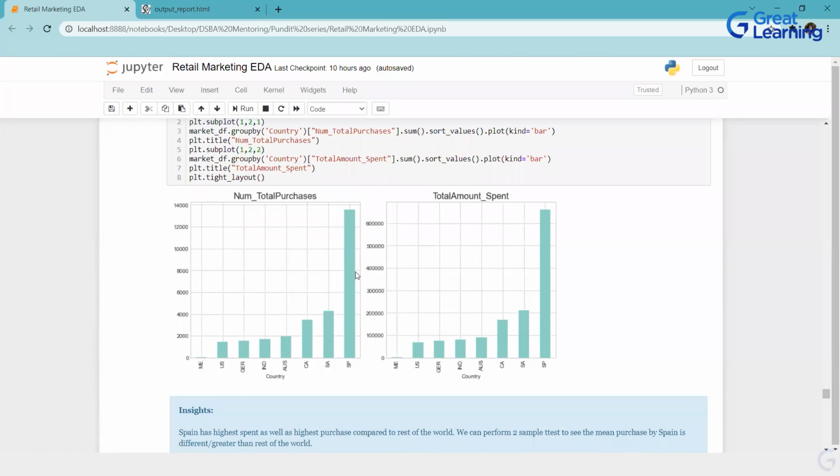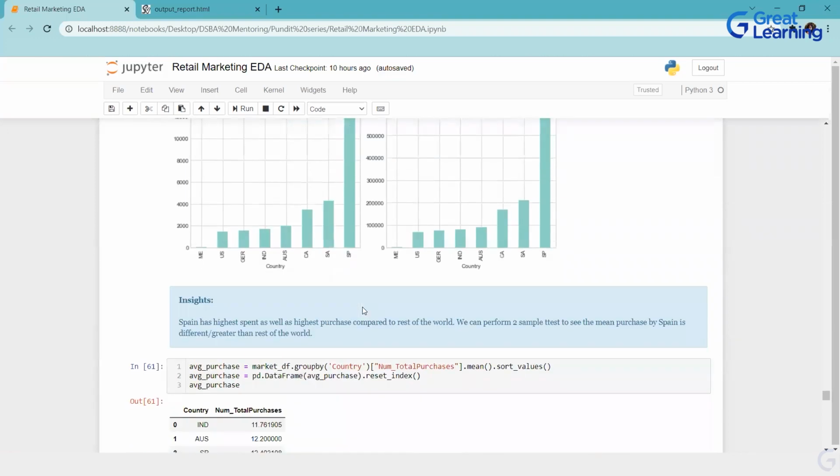You would have asked why we are not performing ANOVA. Perfect. You can go ahead and perform ANOVA also. But yes, these are independent samples, Mehul, because they are from different countries. So they are totally independent. That's why this is not a paired t-test. It would be a two sample t-test. Clear? And I'm not doing ANOVA because these numbers are very small. Thus, I'm combining them as rest of the world and going with Spain.